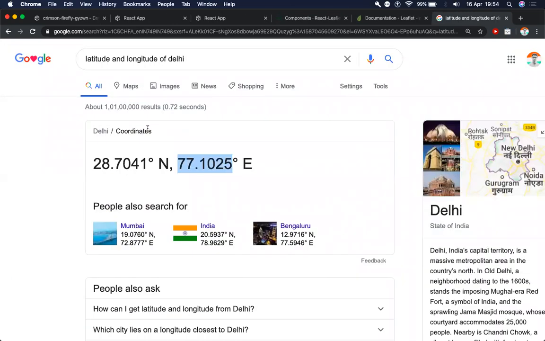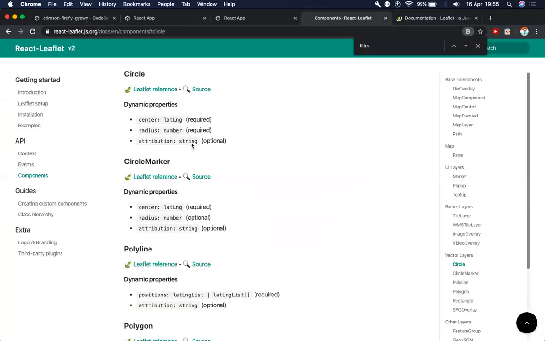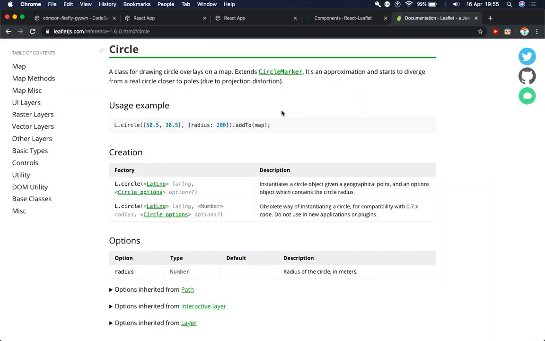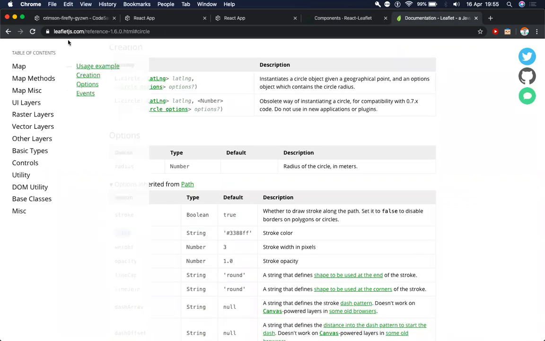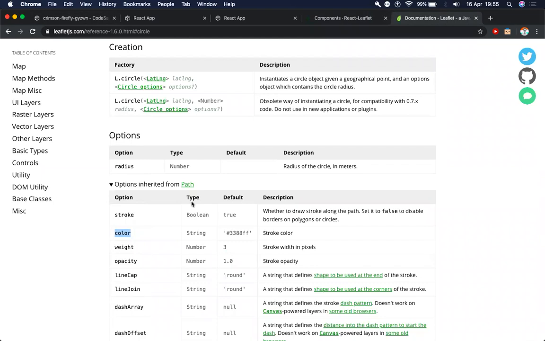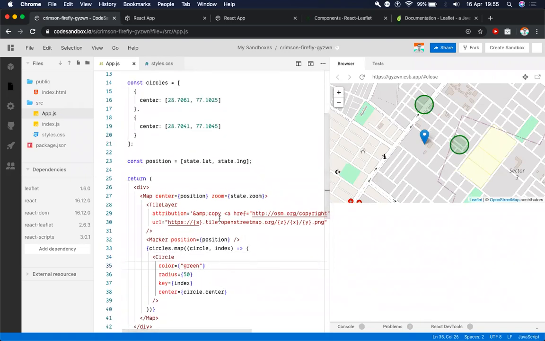Okay. So I'll just close these tabs since we are through them mostly. So the next thing that we can look at is they've pointed us to this leaflet reference. We have opened this here, and we can also pass a bunch of other values to our circle. So the next thing which I will pass is the color of the circle. So right now over here, I can pass color. Okay. So this is supposed to be passed like this, color green. So we can see that the green color was applied to our circles. If I change this to red, the red color will be applied to our circles.